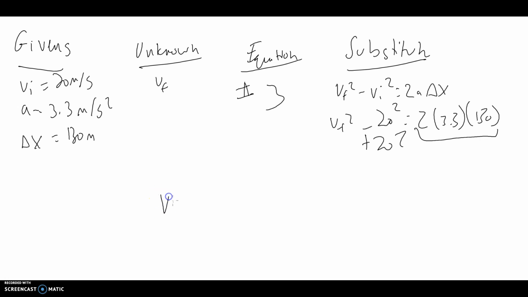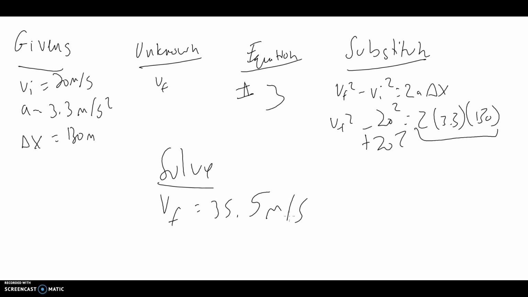Okay, so if you did that correctly, you should get that the VF equals 35.5 meters per second. And so that does make sense. If you're accelerating at 3.3 meters per second squared and you're traveling 130 meters, just over that distance, your velocity should pick up a solid amount, and 15.5 meters per second is a solid